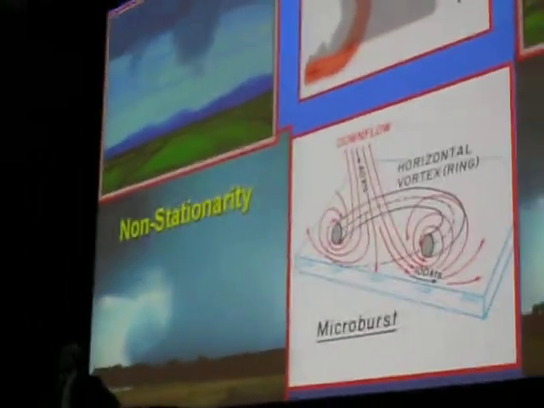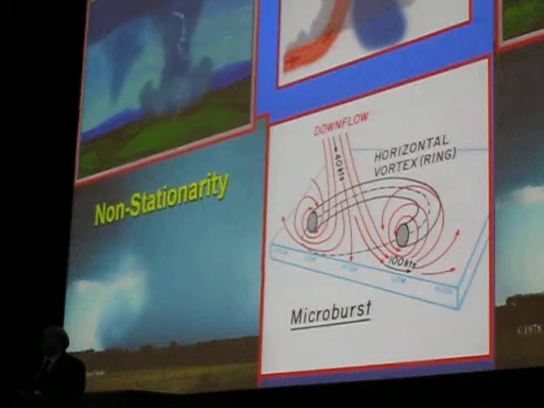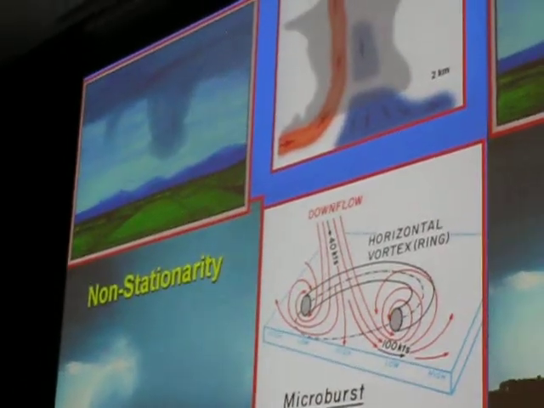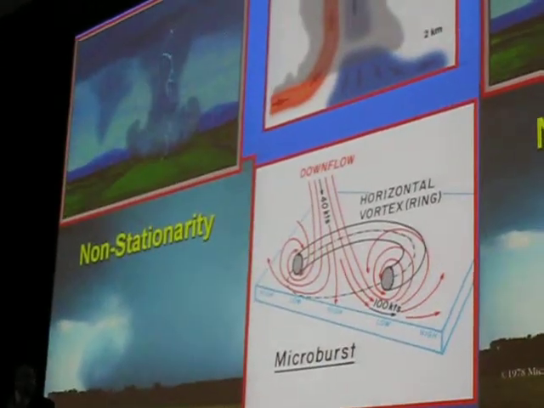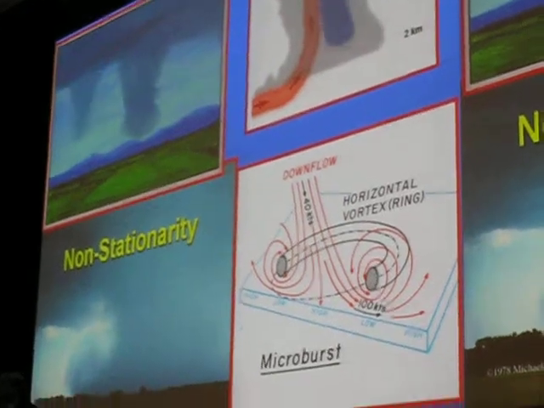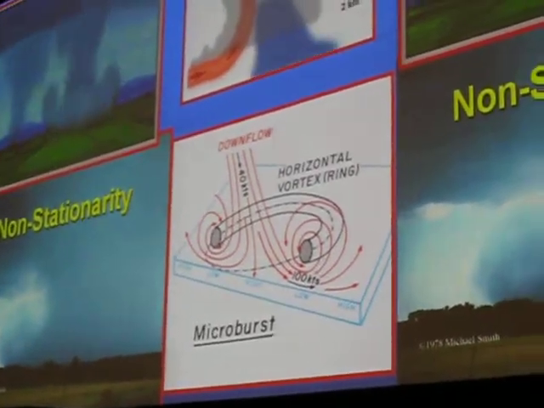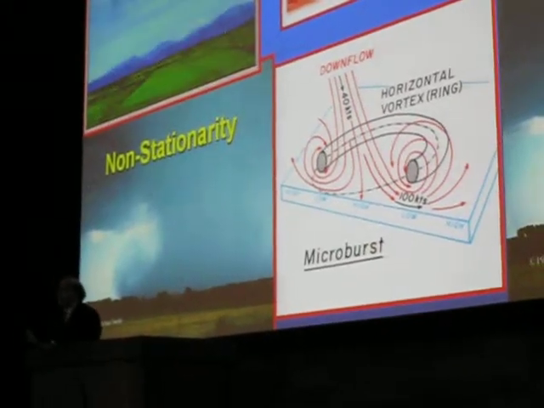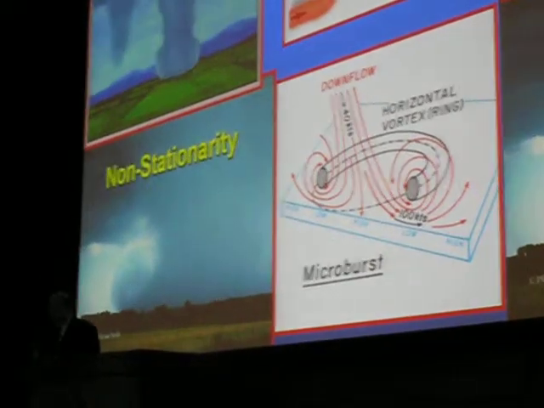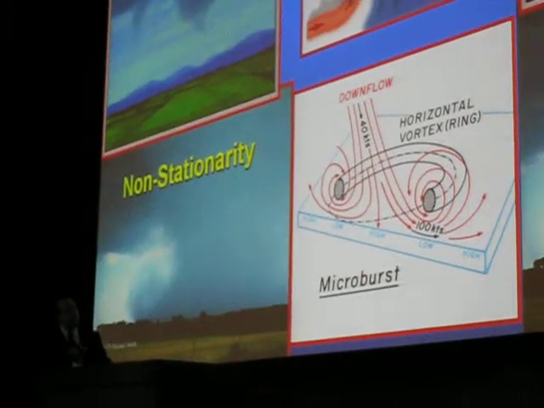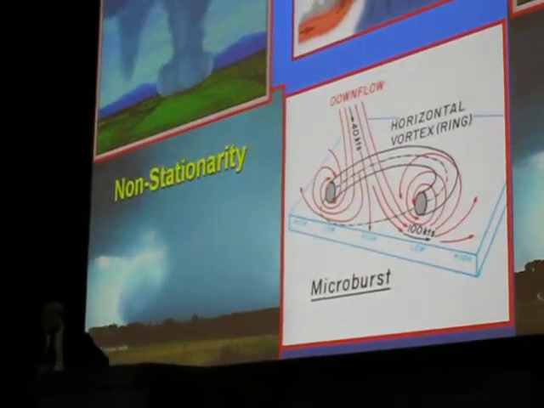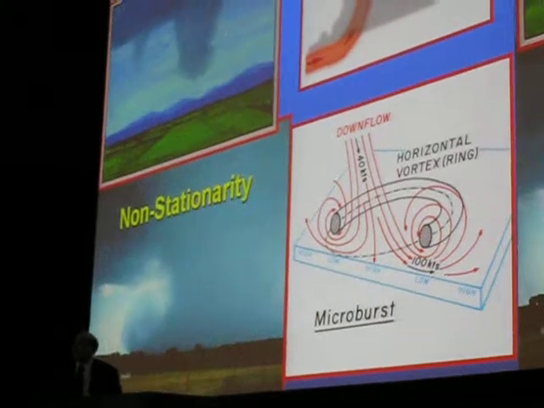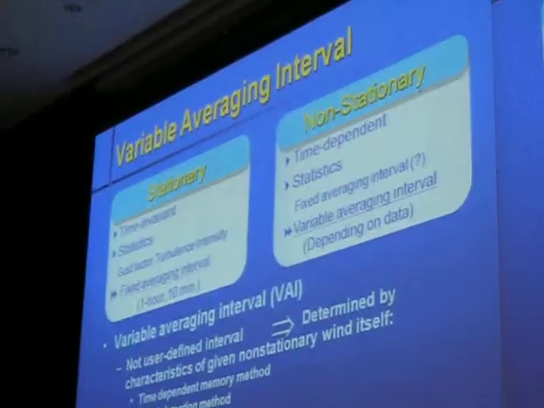If you look at some of the non-stationary effects, you will see these are some of the storms which in the past have been ignored. We like to have static winds in a boundary layer, but these are gust fronts which dominate most of the design wind conditions in the United States and other parts of the world. Their profile is different, and if we design according to the regular profile, you would be missing, as you can see, cold air comes down, gushes, and this gust front has quite different characteristics, and it's very transient also.